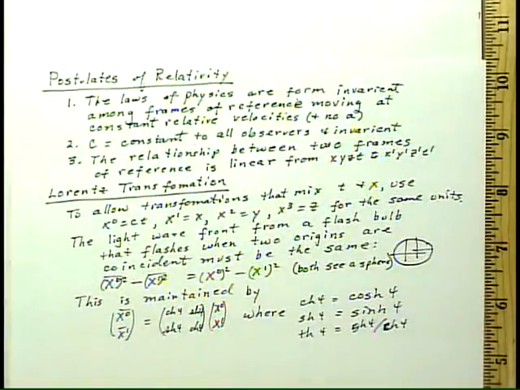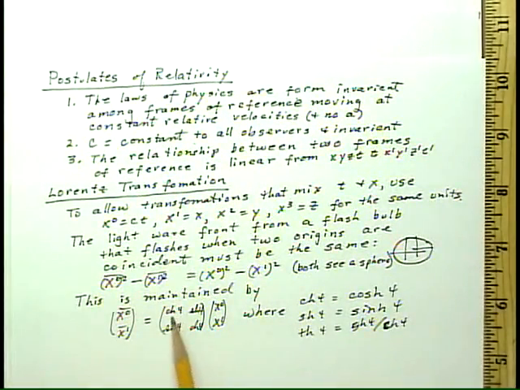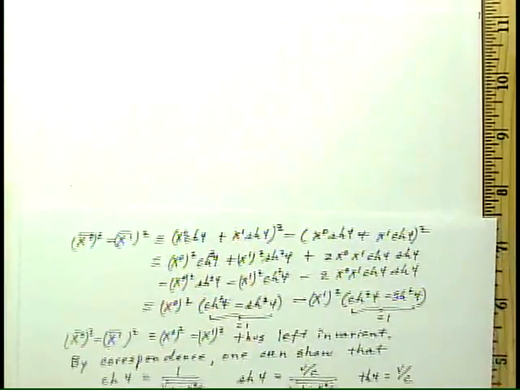We now specifically prove that that transformation is correct by substituting in the exact form for the transformation, which, as one could see here, would be x0 bar is ch psi times x0 plus sh psi times x1, and likewise x1 bar is sh psi times x0 plus ch psi times x1. If we substitute that into this form here, we must get an identity. That identity is seen in the following,